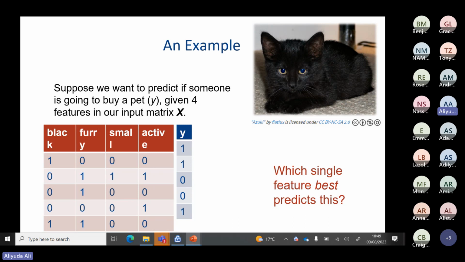Okay, so we have black, furry, small, active. So these are the features. All right. So number 1 feature is black, and it has this value. Furry has this value, and small has this value. Active has this value, and these are the outputs. So for the first sample, the output is 1, which means